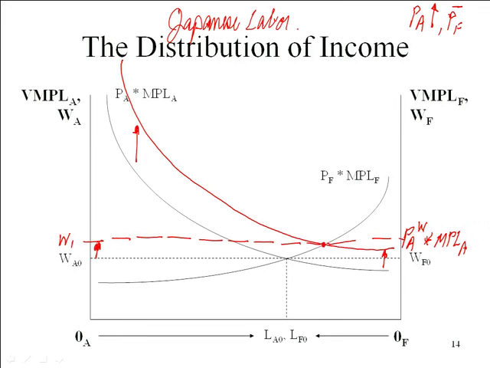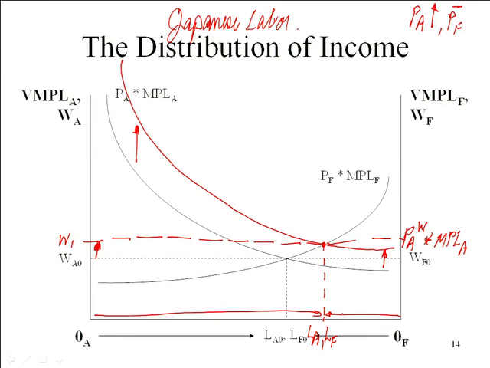Okay. And as was suggested, the allocation of labor changes so we have more workers in the auto industry and fewer workers in the food industry. What happens to the marginal product of labor in the auto industry? Goes up. Okay, so hold on to that thought for just a minute. We'll come back to it. So we want to ask ourselves, what happens to the marginal product of labor?